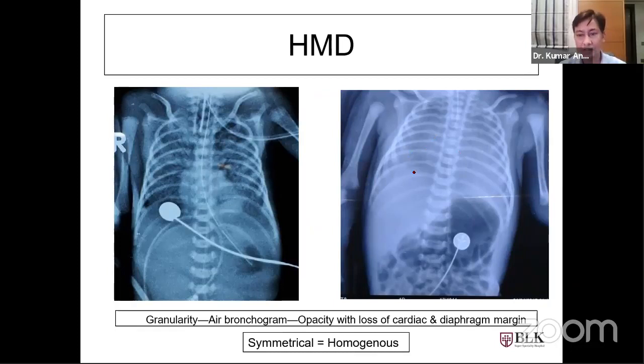So if the patient is in the phase of exhalation, your X-ray would show whiteout lungs, but the baby would still be on CPAP or humidified high flow cannula. In the milder cases, you will find a lot of granularity in mild HMD cases. As the case progresses from mild to moderate, you would find a lot of air bronchogram, and gradually the differentiation between the heart border, the lung, and the diaphragm would be lost in cases of severe HMD. However, it all depends on the patient's clinical setting, not on the basis of chest X-ray.